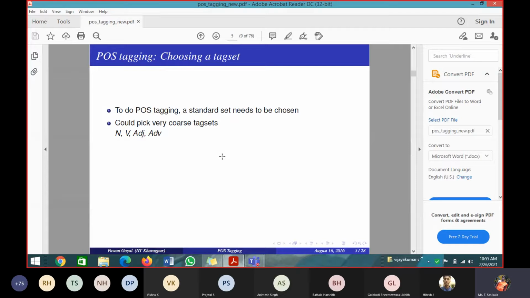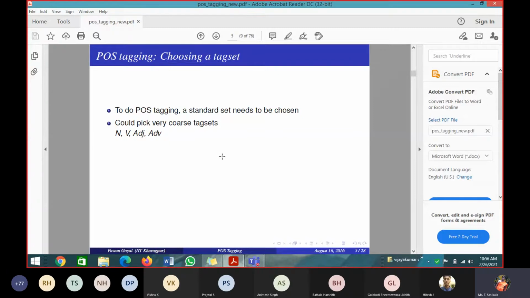I will show the tag set. In noun itself, there is singular and plural. First person singular, second person singular, like that. Do you want in-depth information for language modeling, or is only the coarse level more than enough? In depth, okay, that is the fine grain level. Finding out whether a word is a noun can be done at the coarse level, given a word, if you want to find out whether it is a noun. But for the fine level, how do we go again into that word noun, in depth? What are you doing in fine grain? Can you tell me?